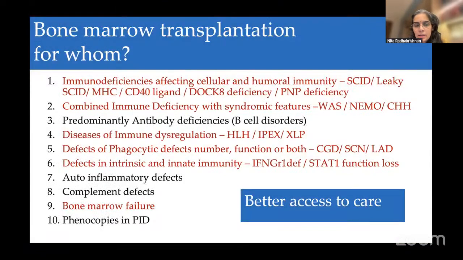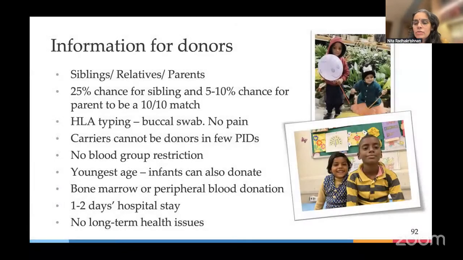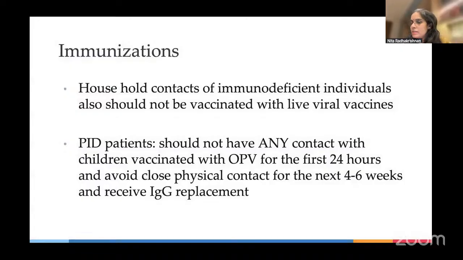And finally, transplant. For everything in red, transplant is a cure. Among all the IUIS classification, I think more than half of those groups of disorders can be cured by transplant, so send them early for transplant. There are a lot of myths about transplant also. As pediatricians who refer patients, you should know that you don't need a full match. Even a half match donor can be taken. Funding is not an issue anymore because most of the government organizations will fund transplant, there are no blood group restrictions, and nothing will happen to the donor. So these things, when they come from the primary pediatrician, are always helpful.